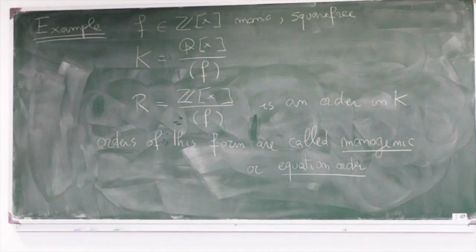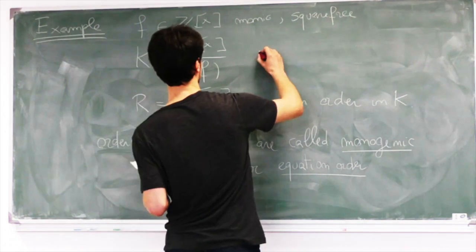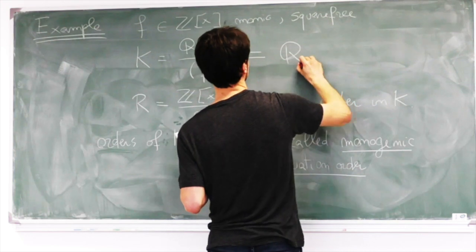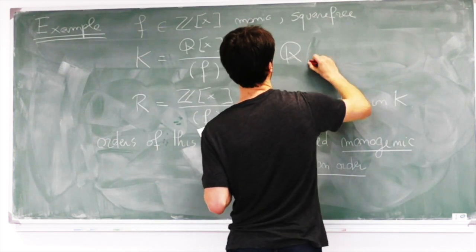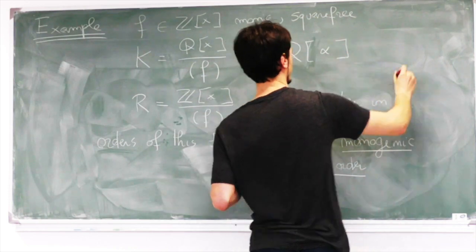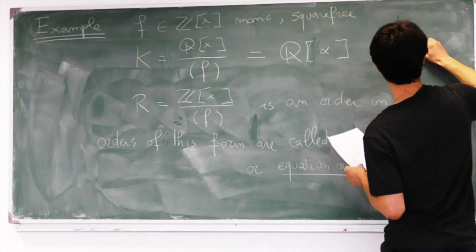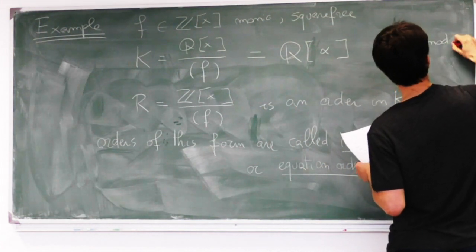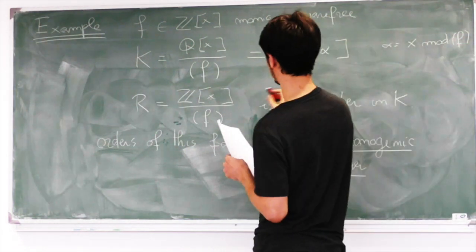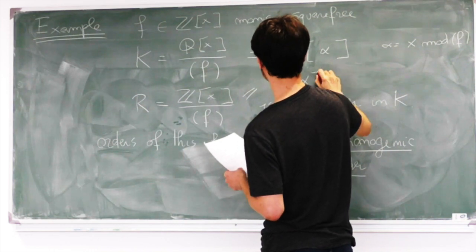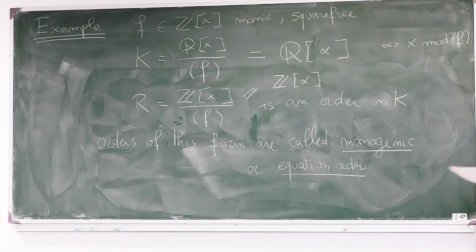And typically in this situation we use the following notation. To denote this étale algebra, we are just going to write Q alpha, where alpha is the class of X modulo the ideal generated by F. And similarly for the associated equation order, we write Z with square brackets alpha. Okay? All right. So